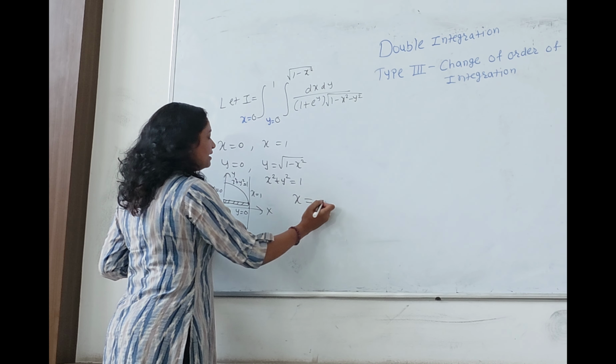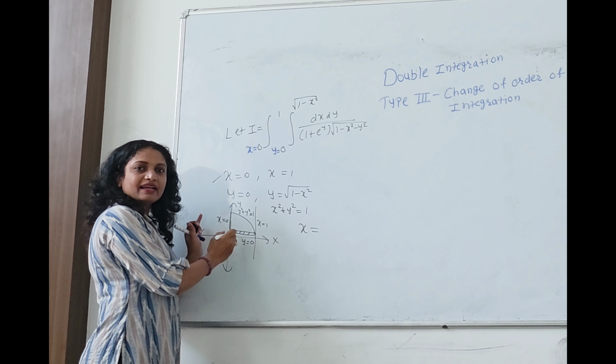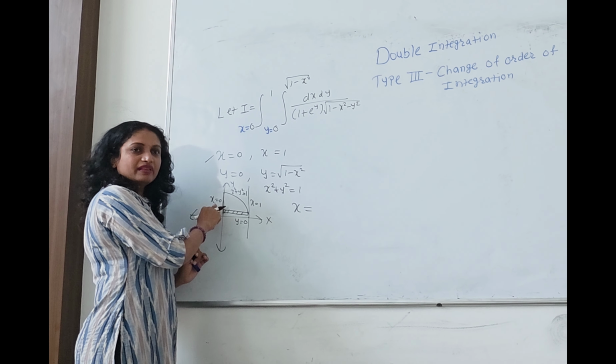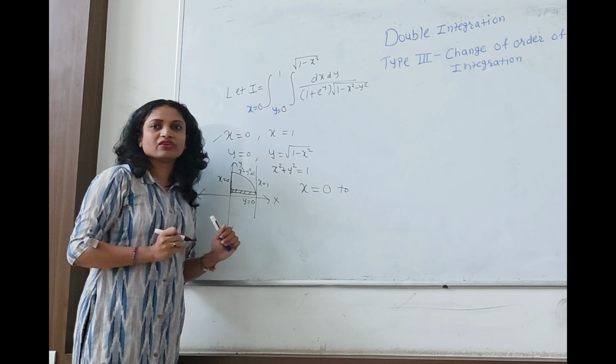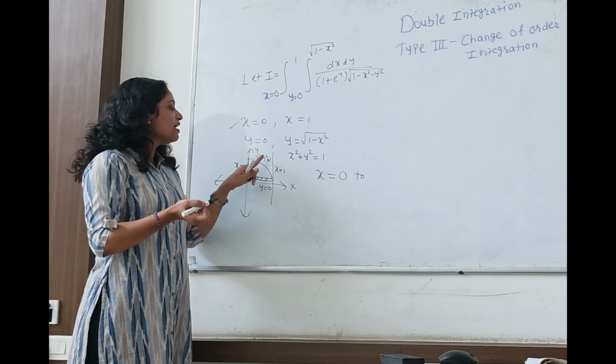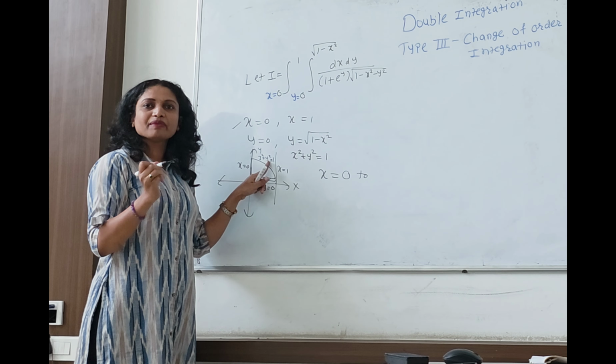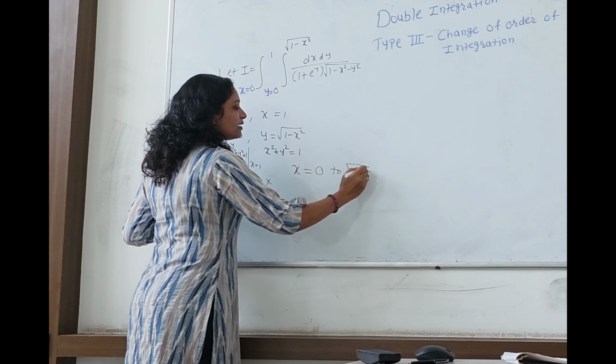X will have limit this side. This left hand side, the end of strip is touching this y-axis whose equation is x equals to 0. And where the right hand side of strip is touching on this curve, how can I write its equation in terms of x? Root of 1 minus y square.